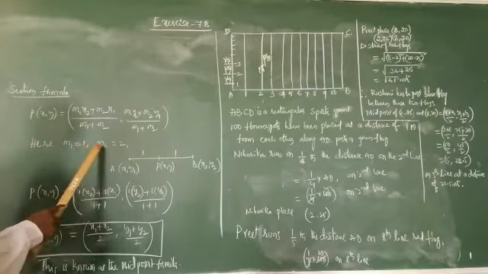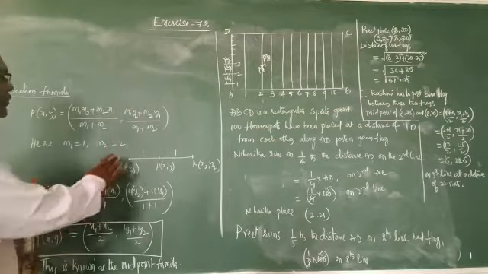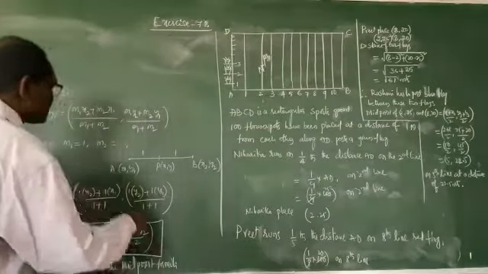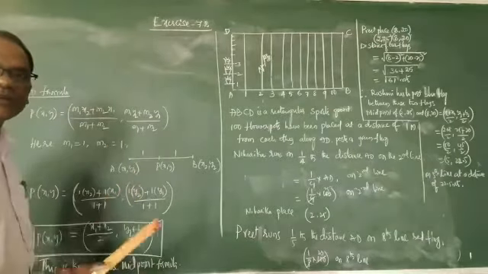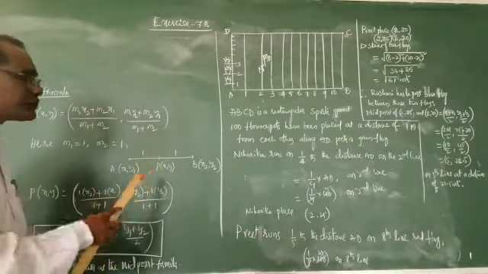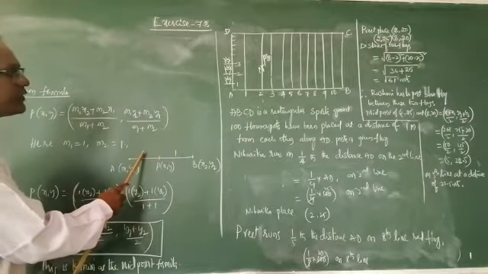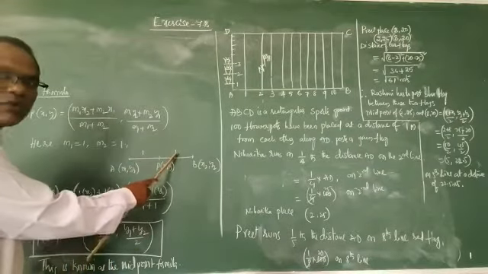Sir, why does m1 equal 1 and m2 also equal 1? Because P is the midpoint now. It is not 2:1 or 1:2. P is the midpoint, so midpoint means 1 unit here and 1 unit there.